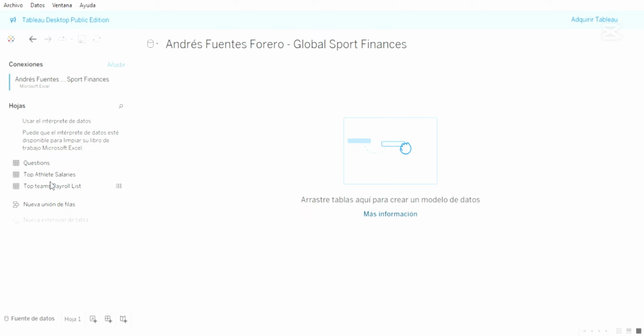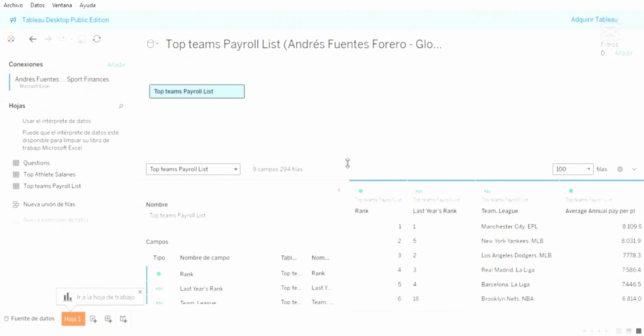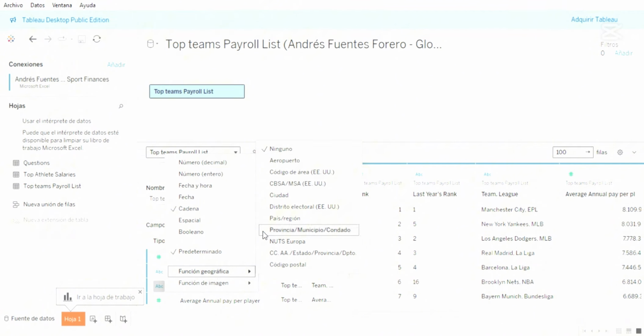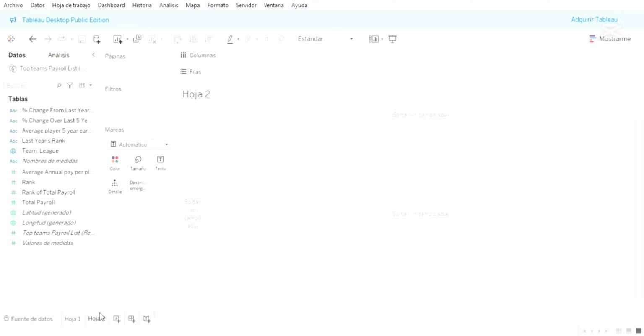I chose the Global Sports Finance database, about the salaries in different sports in terms of money for the players. Okay, so I had some problems with the recording, so that's why I had to record in different platforms. Okay, so in the first sheet, I used the total payroll and the team,